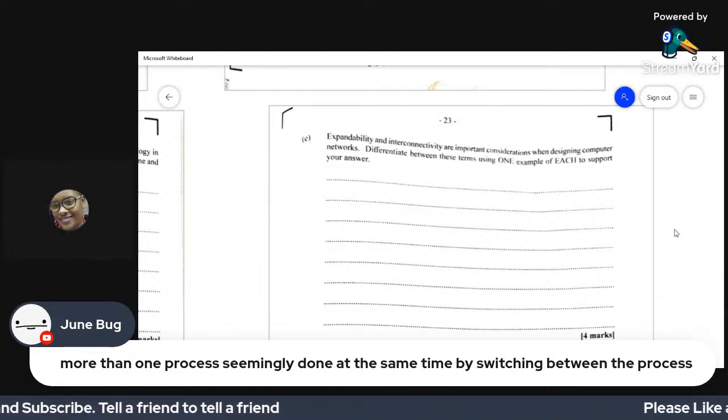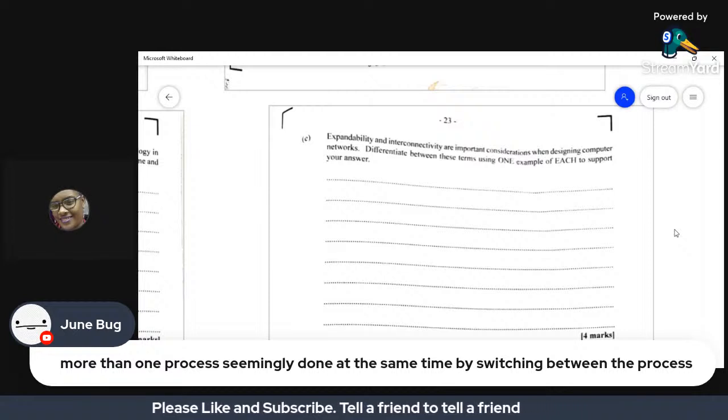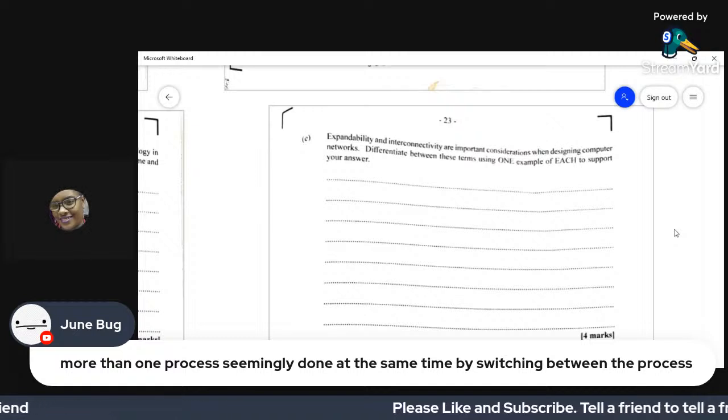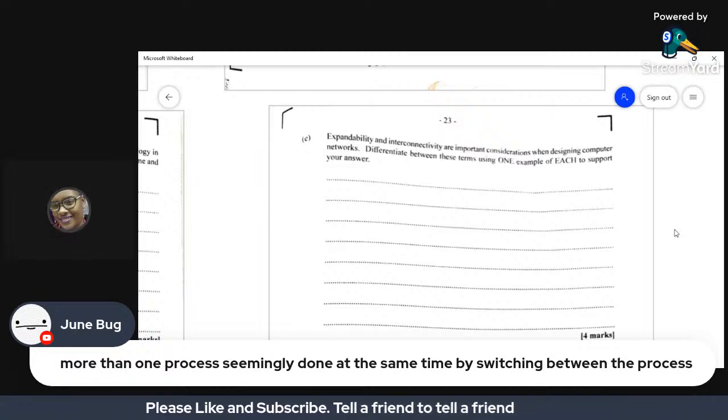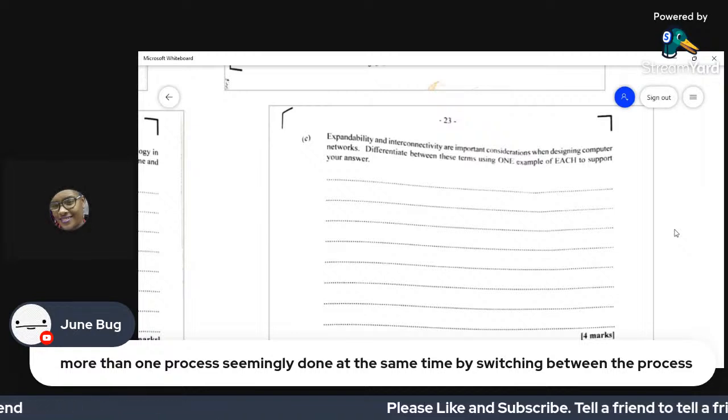So expand means to add, right? And we know that this question 6, as I said before, would be on networking. So expandability would be the likelihood of your network being able to add additional capacity.